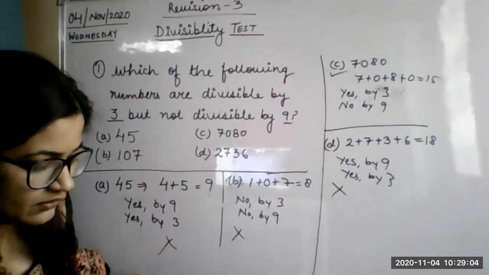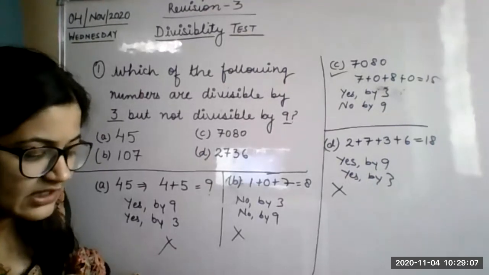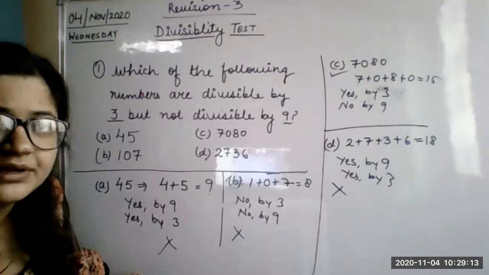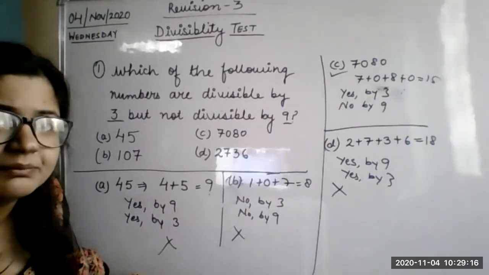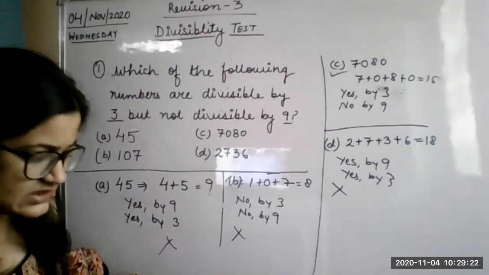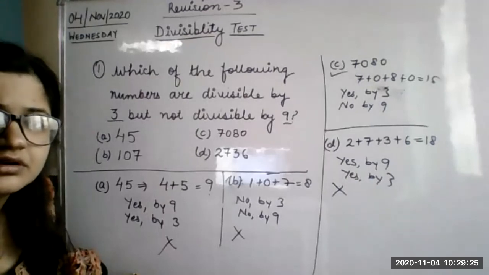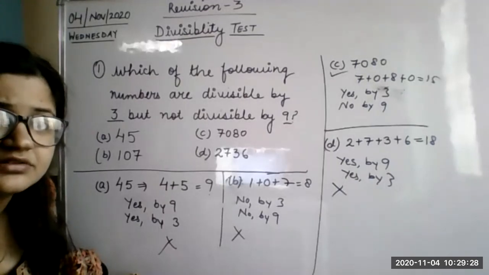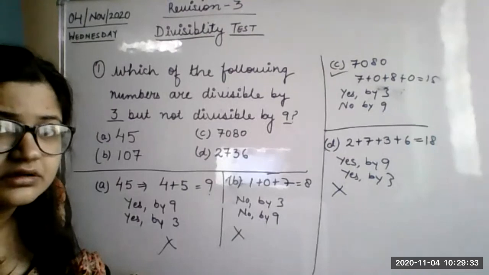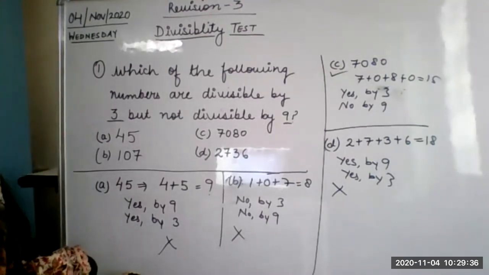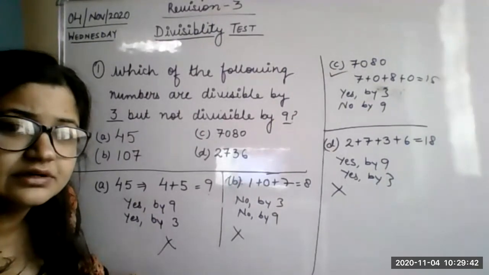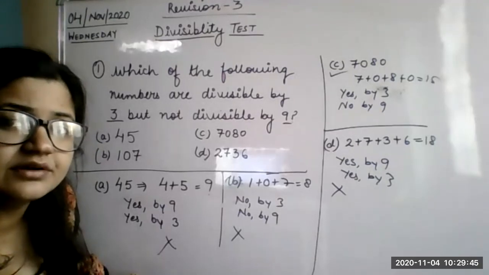Now, I'm telling you some numbers. You just tell me whether they are prime or not. 16. Prime or not prime? Or you can just put your hands up. Is 16 prime or not? Ma'am, prime number. What happened to you all? How can 16 be a prime number? Is 16 a prime number or a composite number?